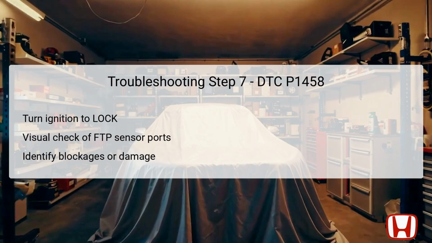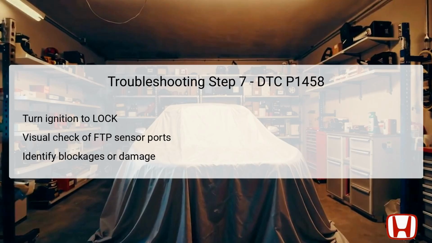Step 7 centers on performing a thorough visual inspection of the FTP sensor itself and its ports. To begin this process, turn the ignition switch to the lock position and disconnect the 3P connector from the sensor. Assess the ports on both the EVAP canister side and vent side for any blockages or physical damage that may